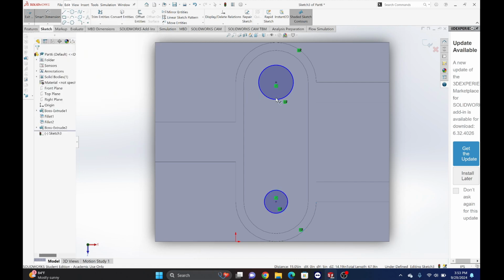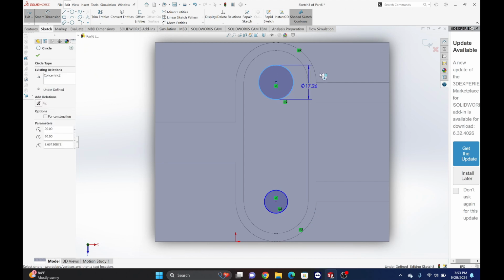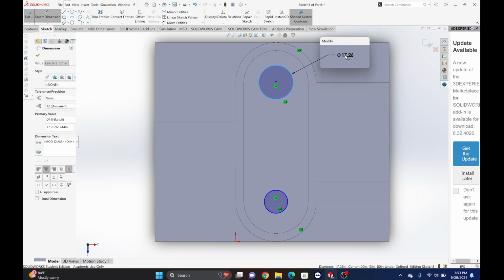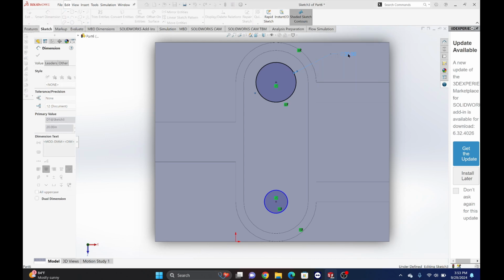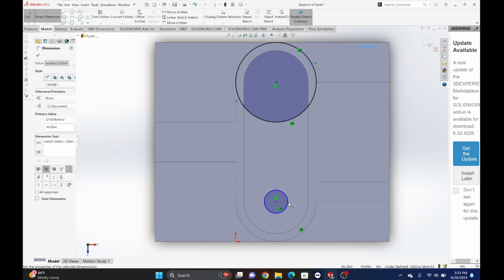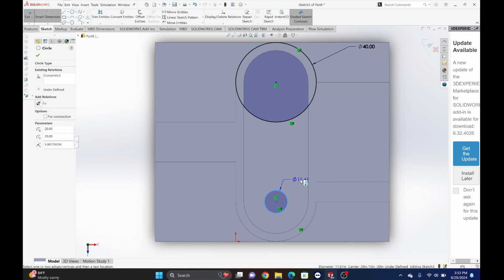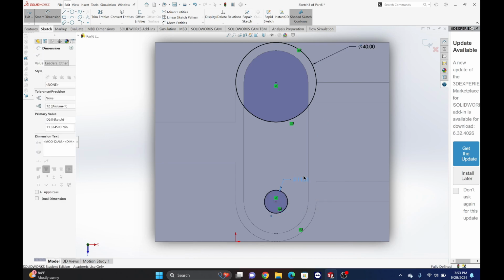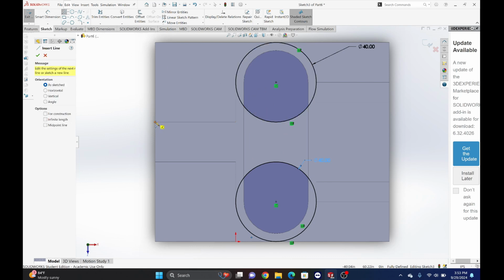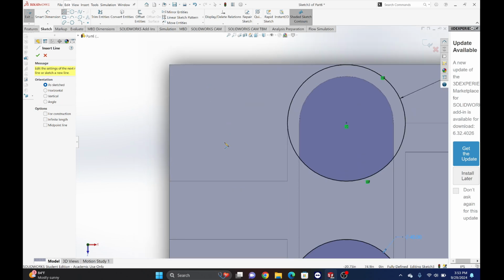And I actually want this to be at 20. No, 40 that is. I want this here to be 40 as well. Keep in mind, I'm going to go in and I'm going to put the small ones as well. But first, I want to do my first cut. So I'm going to go from here. Okay. I'm going to go from here